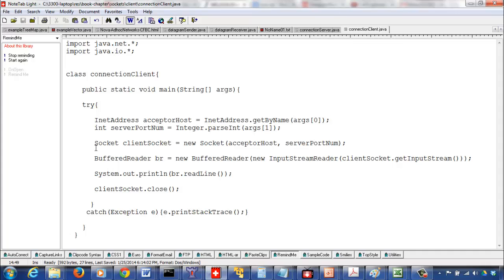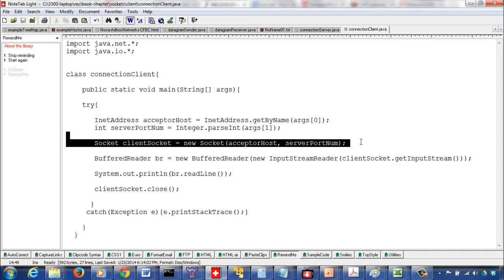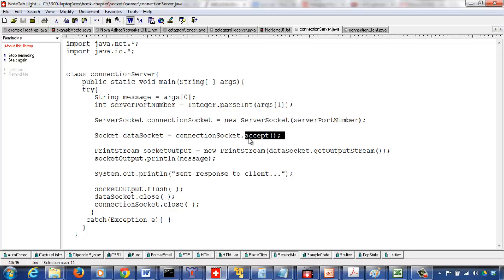So now, once the client connects, when this line executes, the request will be sent to the server socket, so to the server. So the server socket will now be activated. This accept method will be unblocked, and now the server is going to send a message to the client. So to send something,